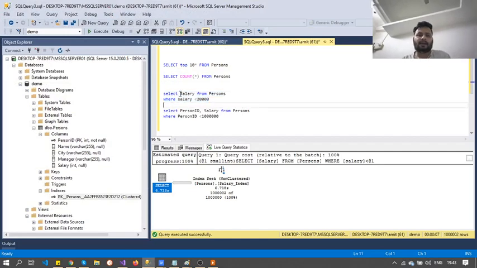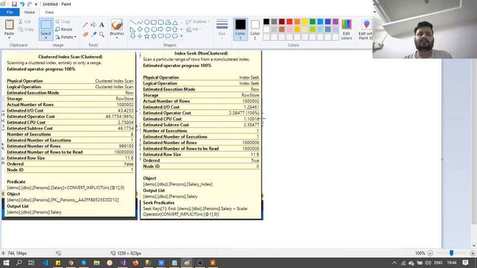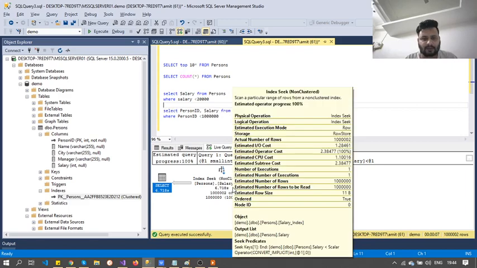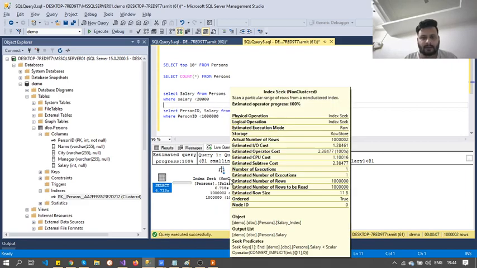When I take the column that is in the output and the column that is in the where clause, then only the non-cluster index is used. If you see here, only the non-cluster index has been used to get the output, right?